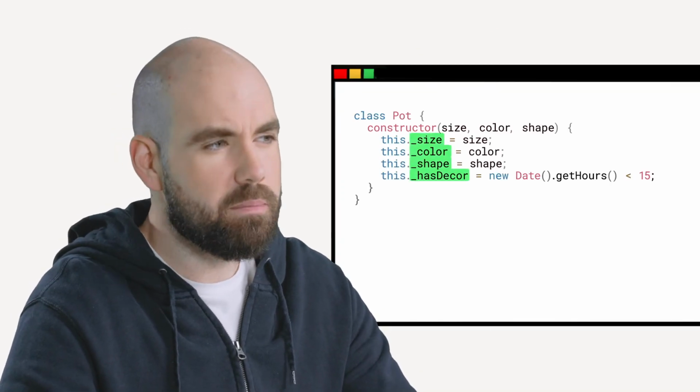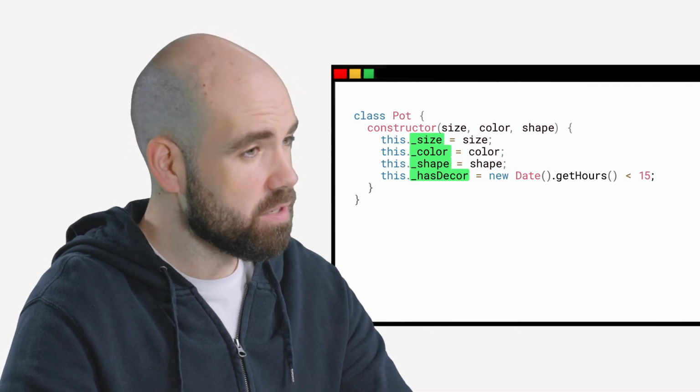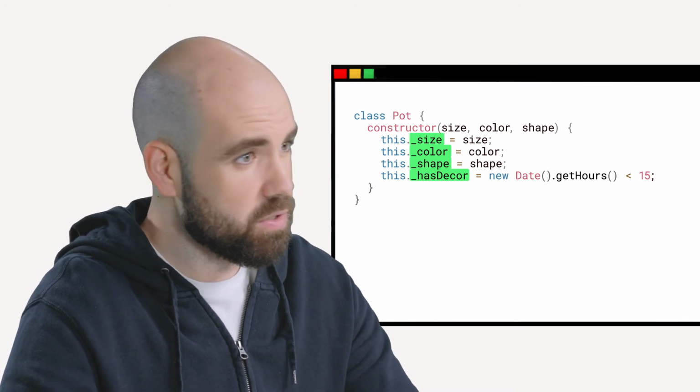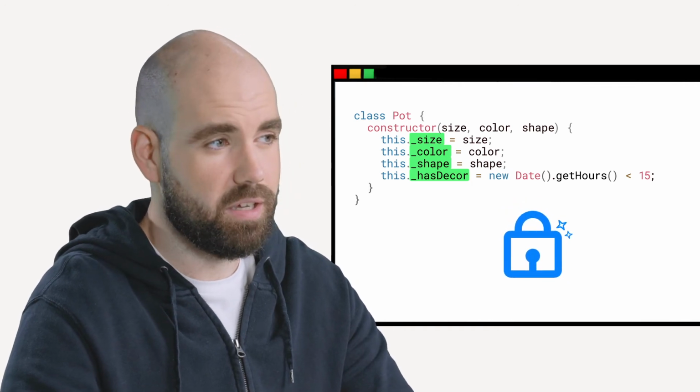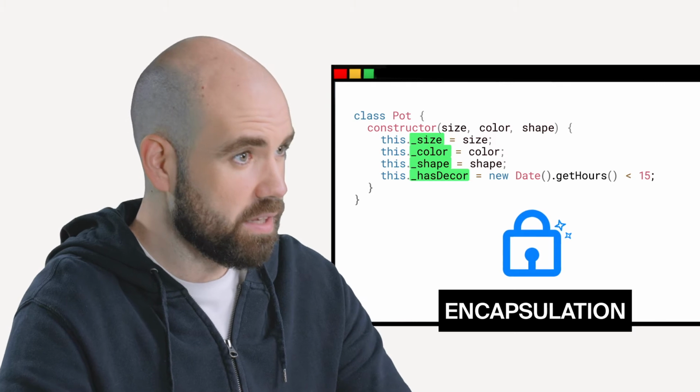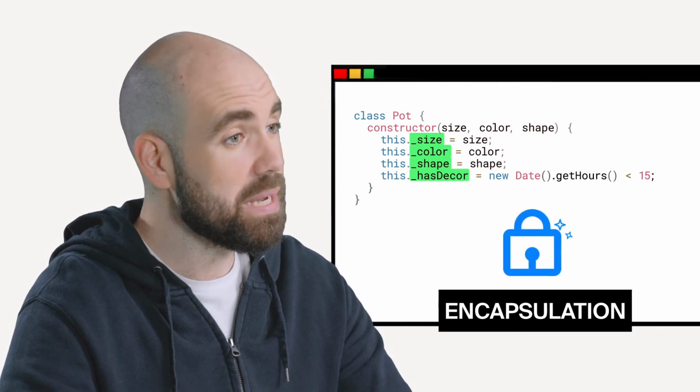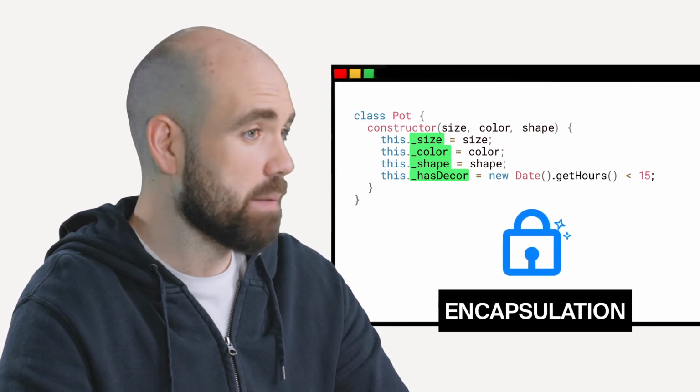Note that all the properties in the constructor are preceded with underscores. This means the fields are private and shouldn't be addressed or changed from outside the pot class. Protecting fields this way and hiding them from the world is an example of a basic OOP principle, encapsulation. The code won't break if I try to access private fields or methods from outside, but the underscore notation is a convention among JavaScript developers so that we all know if something needs to stay inside a class.